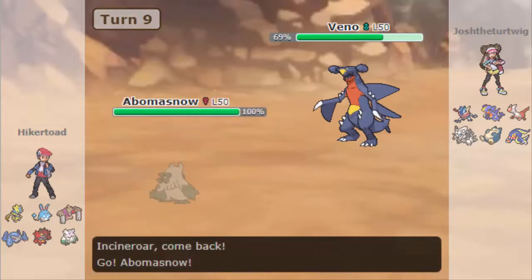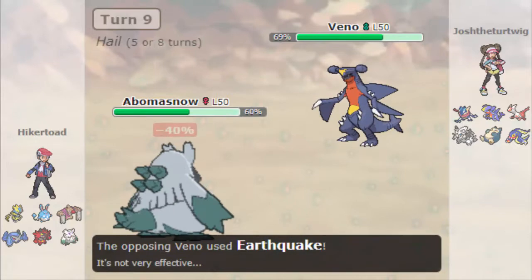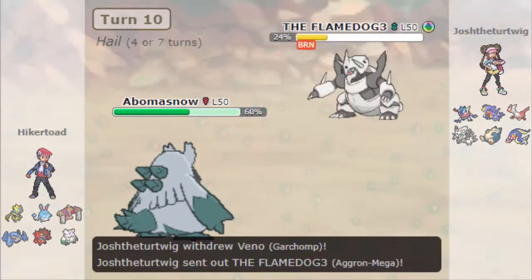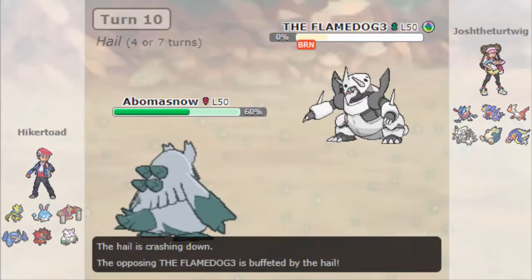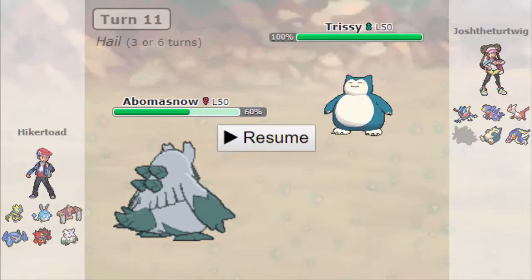I see that he's offensive, that's good information. I'm going to go hard on Abomasnow because I think he has no reason not to Earthquake, and this is just a free Blizzard for me because the Aggron's literally just weakened, and not many people really run Thick Fat Snorlax, especially not just for an Abomasnow, as he's now going to go into the